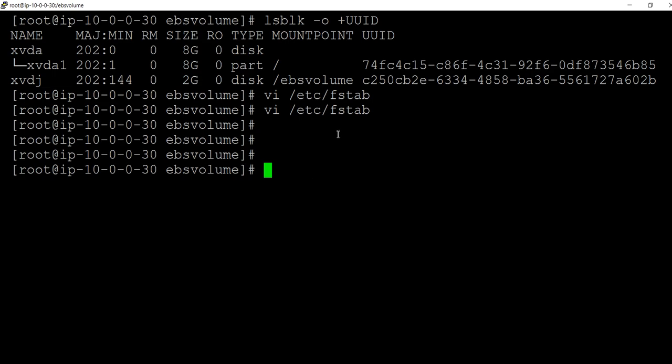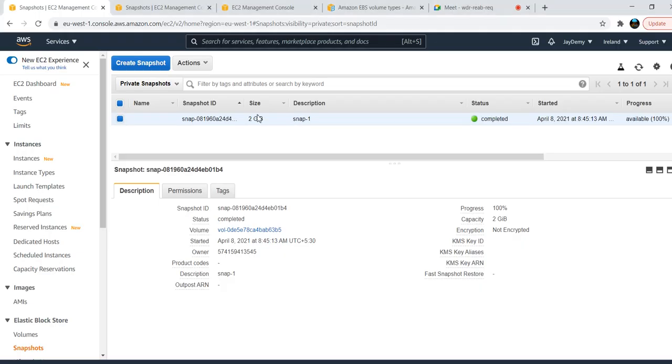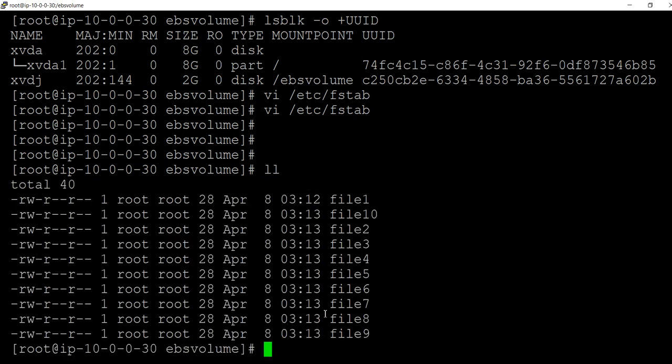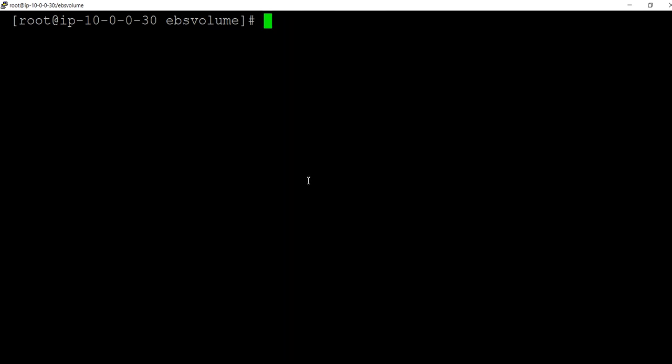Now we have already taken snapshot one. After we gave that, we have some files here, right? Some files we have, and they were created. Now what we will do is press Ctrl L and use the same command which we used above.